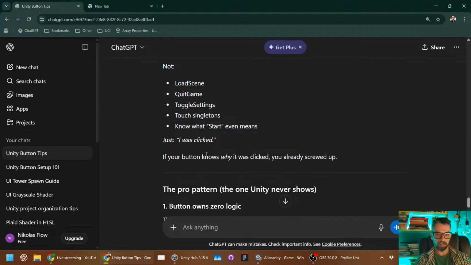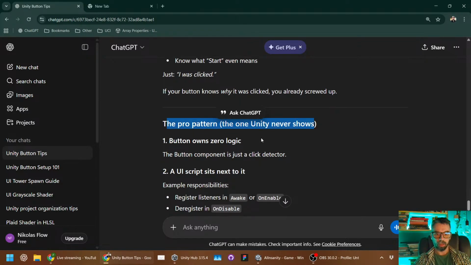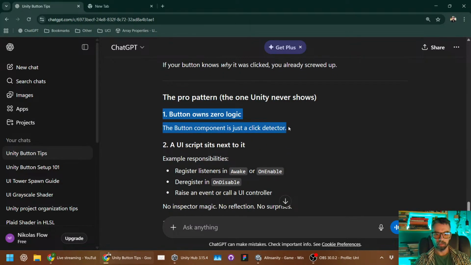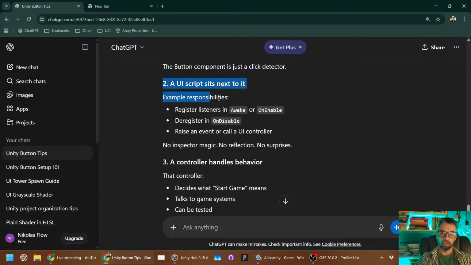Not do anything, just I was clicked, and the pro pattern. So the button has zero logic, correct? You have a script that